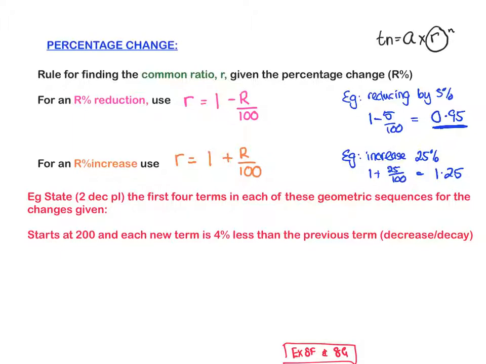All right, so let's do this example they've given you. State to 2 decimal places the first 4 terms in each of these geometric sequences for the changes given. Okay, so number A, or the first one, it starts at 200 and each new term is 4% less than the previous term. So you know that A equals 200, and now you're trying to work out what the R is, yeah? So you've got, it's a reduction, so it'd be 1 minus 4 over 100. So you're going to times it by